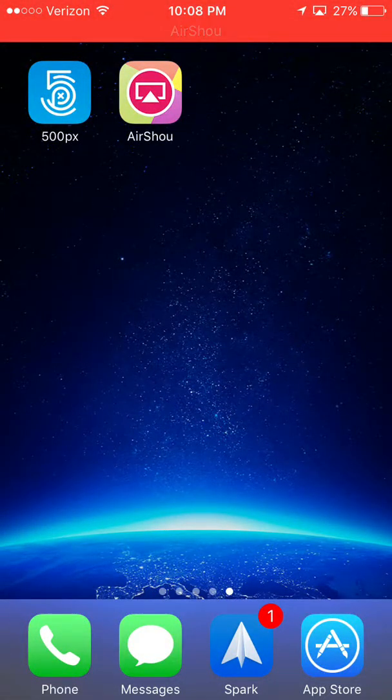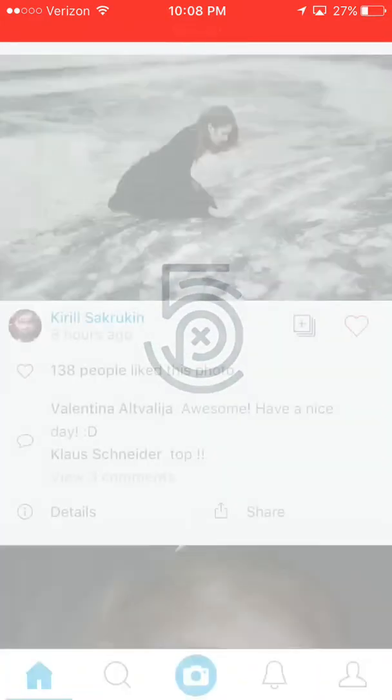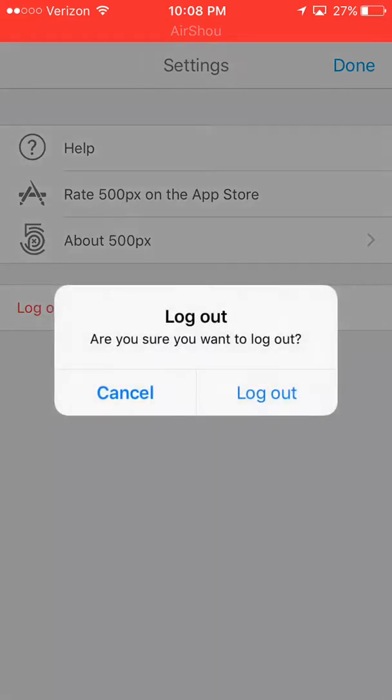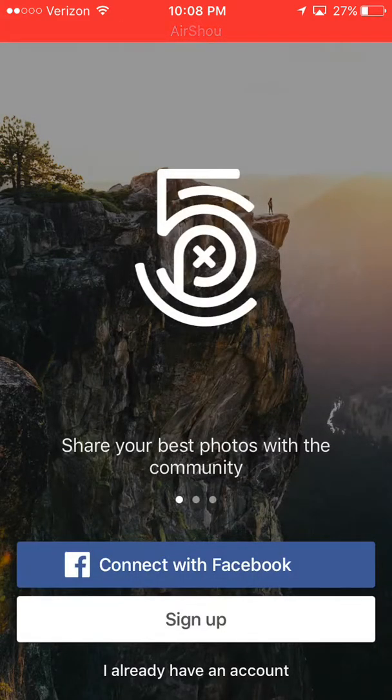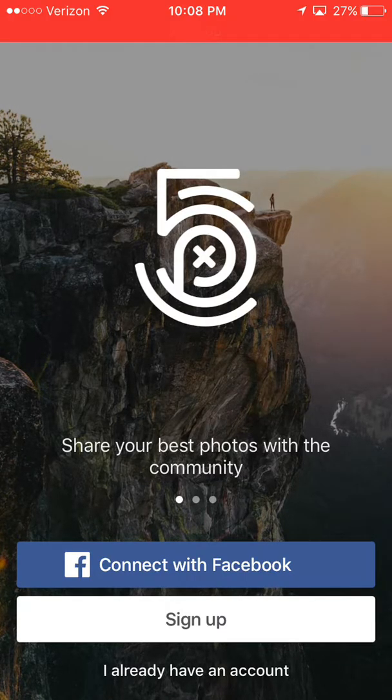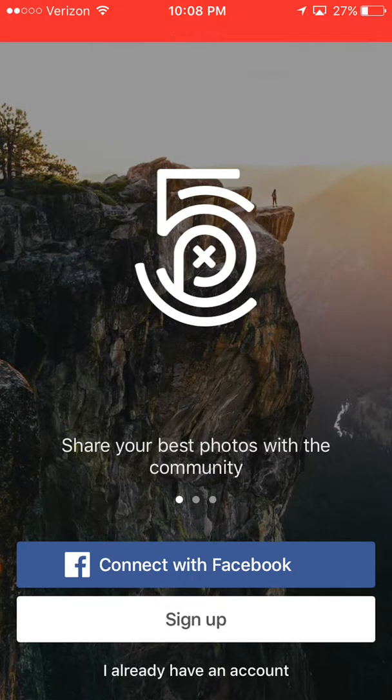Alright, so this is what I call the 5-minute tour, where I go through an application in about 5 minutes, see how many potential issues I can find. For this example, we're going to use 500px. I set up an account earlier. I'm going to log out real quick so we can go through the first screen that a user sees, which is the most important moment, really, I think, in the entire experience.